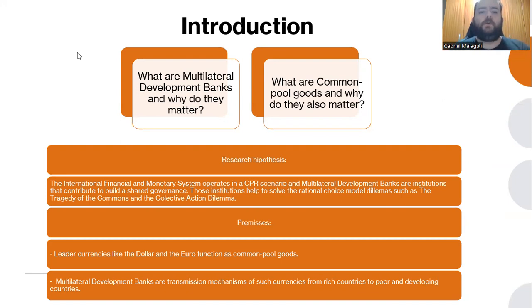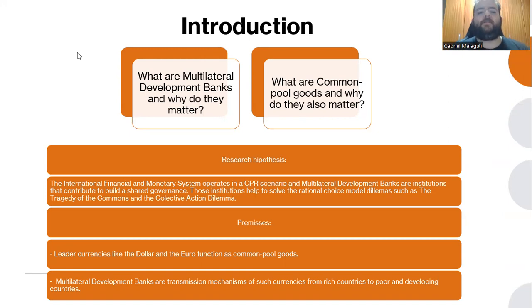So what are common pool goods? In new institutional economics theory, common pool goods are goods that have some specific characteristics. Normally they are used in the environmental perspectives on economics, but basically they are goods that have rivalry between them. They have excludability, a finite amount of resources, although they have open access and are in large supply.